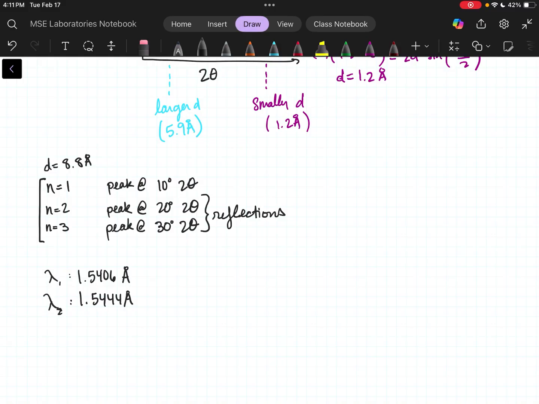And we can do our very best to try to filter out those K alpha 2 values, so I'm only getting the 1.5406. But none of our instruments have a really great monochromator, so we deal with this. And monochromators are pretty high tech, so not every XRD is going to have this. So let's say for a D spacing of 2 angstroms,